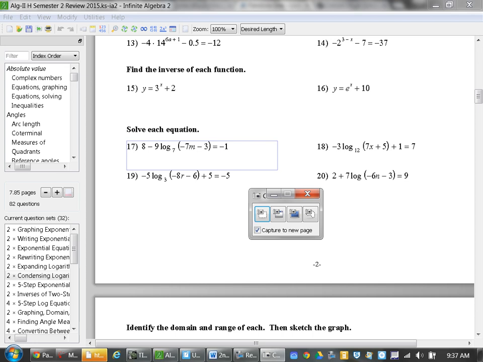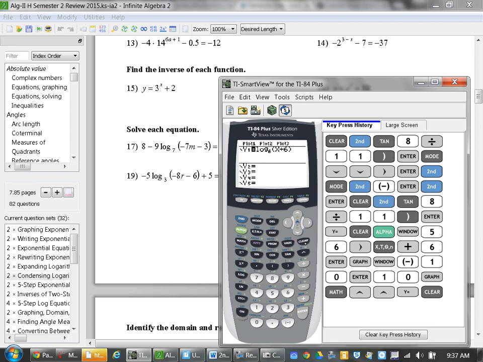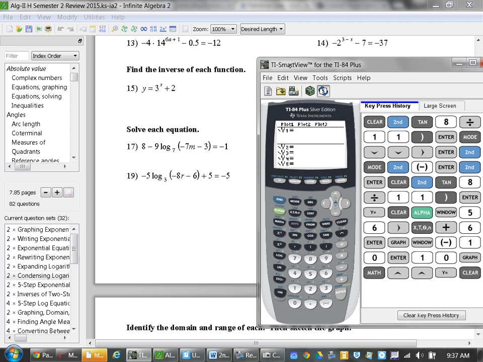Okay. That's why I always say that when you're working with a multiple choice type test, if you forget how to solve, let's say you forgot how to solve that, but you have a calculator, you've got multiple choice stuff, you've got a y equals table. This is also a great thing for those of you guys to do in the ACT. If you forget how to do something, the table function on the calculator is your best friend, because I can type this in, 8 minus 9